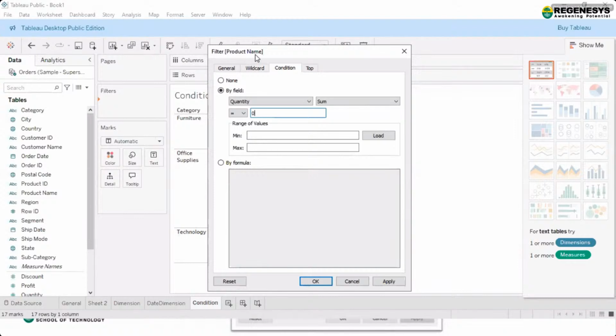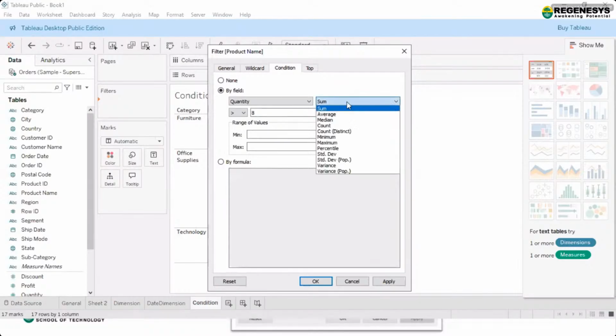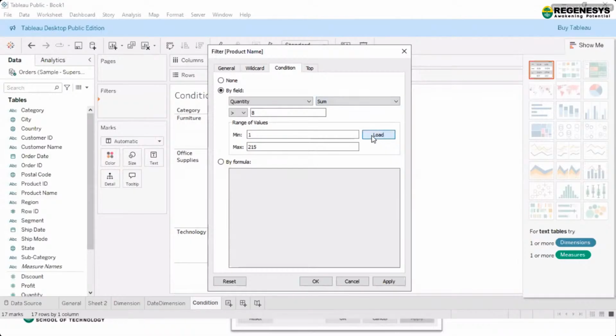So for example, if I want to check the product name based on the quantity, let's say I'm giving a very small value, greater than 8, and on sum only, and I'm just loading it. When you load it, you can see the minimum and maximum value you are getting here.